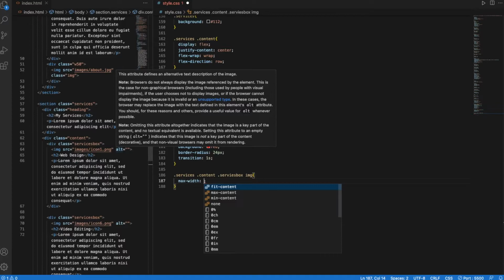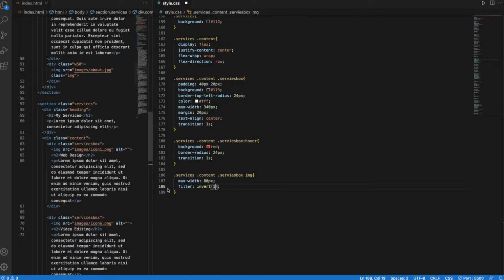Max width 880. God, I'm like Joe Biden. 80 pixels. Filter. Invert 1. And last but not least,